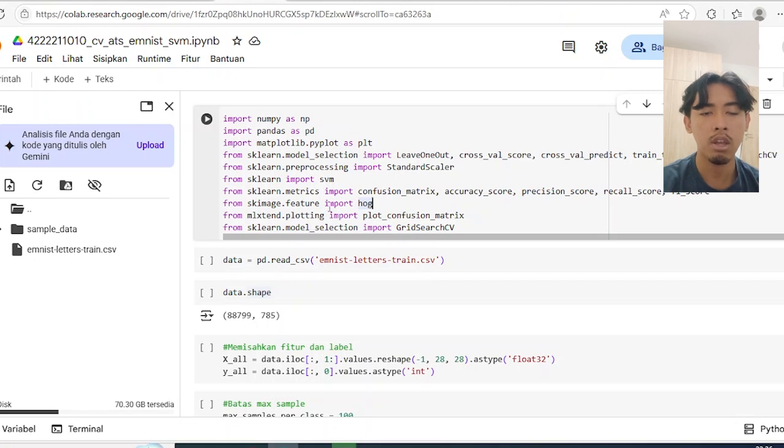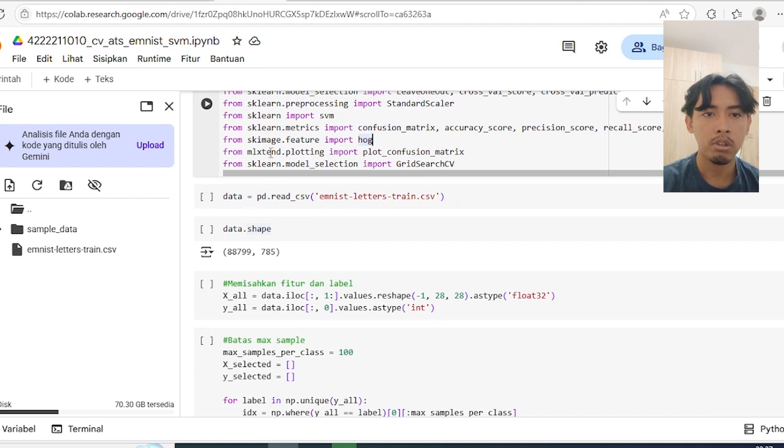The library from skimage is needed for the feature extraction using HOG or histogram of oriented gradient, and MLxtend is used for confusion matrix plotting.